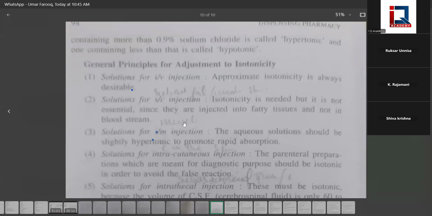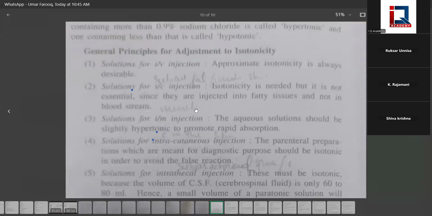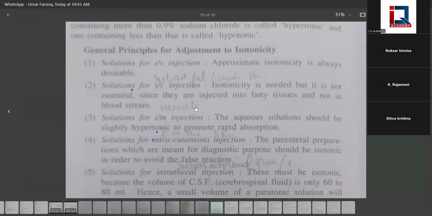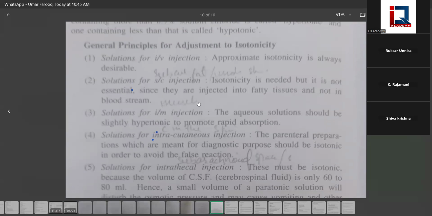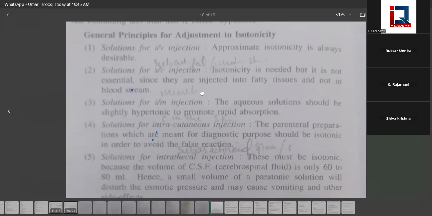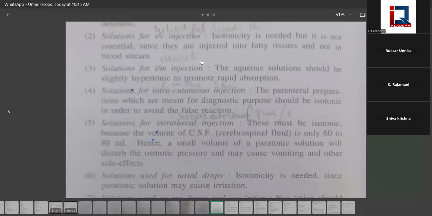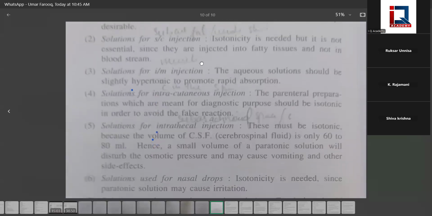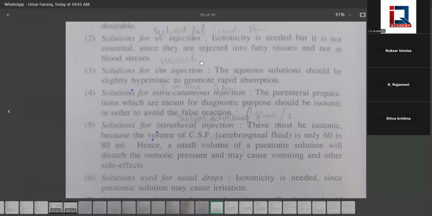Solutions for IV injections. Then solutions for subcutaneous injection. Here isotonicity needs to be adjusted, and it's essential. They are injected into the fatty tissues and blood serum, so they should be isotonic to the muscles. Then intramuscular injections, the aqueous solution should be slightly